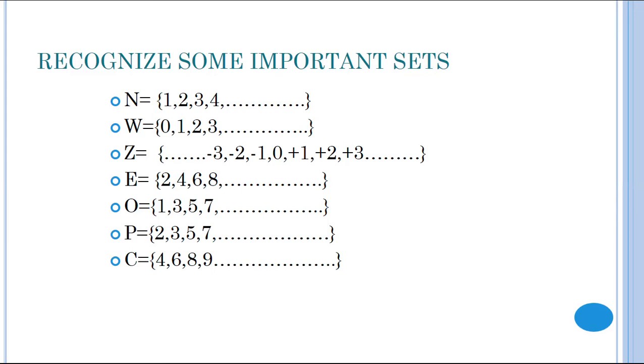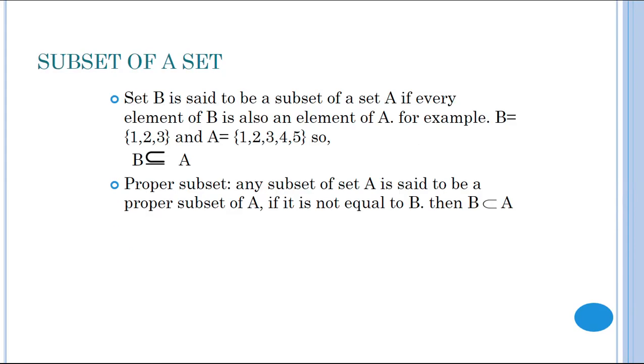Now composite. Composite numbers are opposite to prime numbers. Composite numbers have more than 2 factors or divisors: 4, 6, 8 and 9. For example, 4. 4 is the smallest composite number. 4 has more than 2 factors: 1 and 4, and the other is 2 twos are 4. So it means 4 has more than 2 factors.